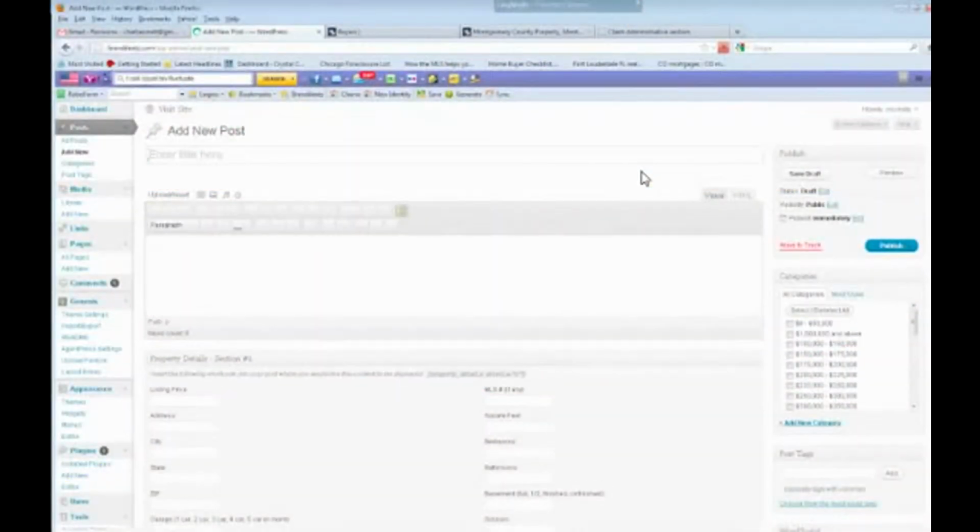This is a tutorial in how to add a listing to your site. You want to customize a listing, you want to make it have some information about a property, you want to specially feature it on your website. There's multiple ways to do it, but I'm going to start out with how to create a page with a listing detail page. So to begin, I'm going to start by adding a new post,